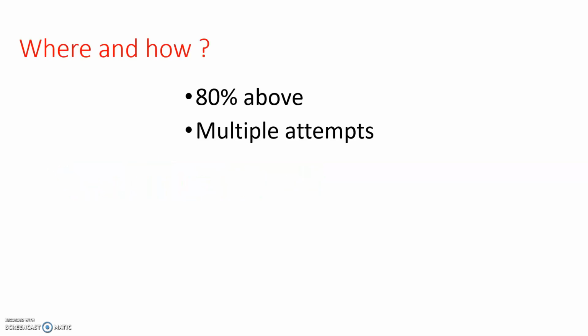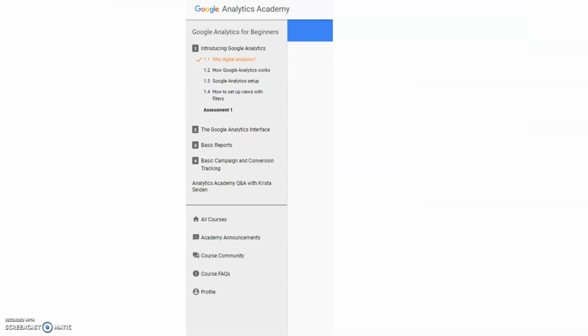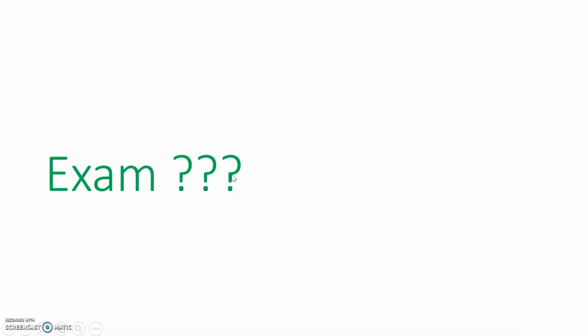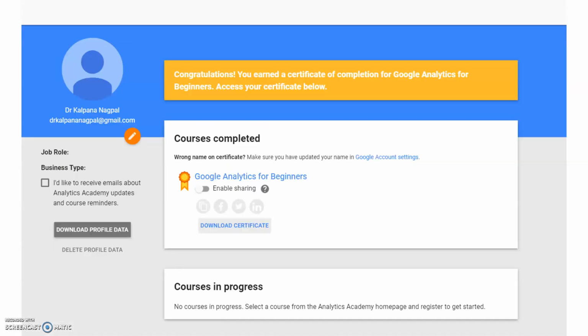Now, the most important thing, how will you get the certificate? Once you finish assessments 1, 2, 3, 4 for all the different units, that is assessment 1, assessment 2 after unit 2, assessment 3 after unit 3, assessment 4 after unit 4, you'll be able to get the certificate once you click on your tab where your name is written. You can easily get this course completed. You can download this certificate from this tab and